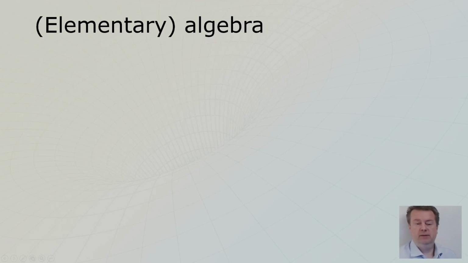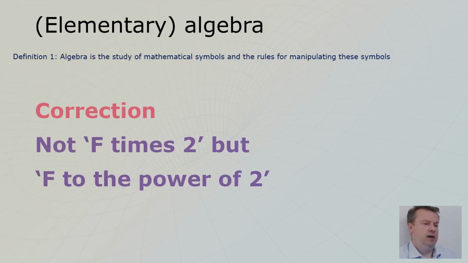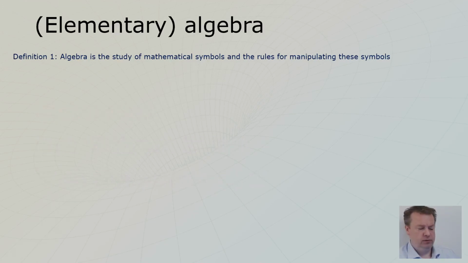So, you've made it. You can relax now. Algebra, formerly the study of mathematical symbols and the rules for manipulating those. We have seen one secret symbol. It was the 2, the exponent. Flowers times flowers was f to the power of 2. We've seen variables like the h for happiness, the f for flowers, etc.